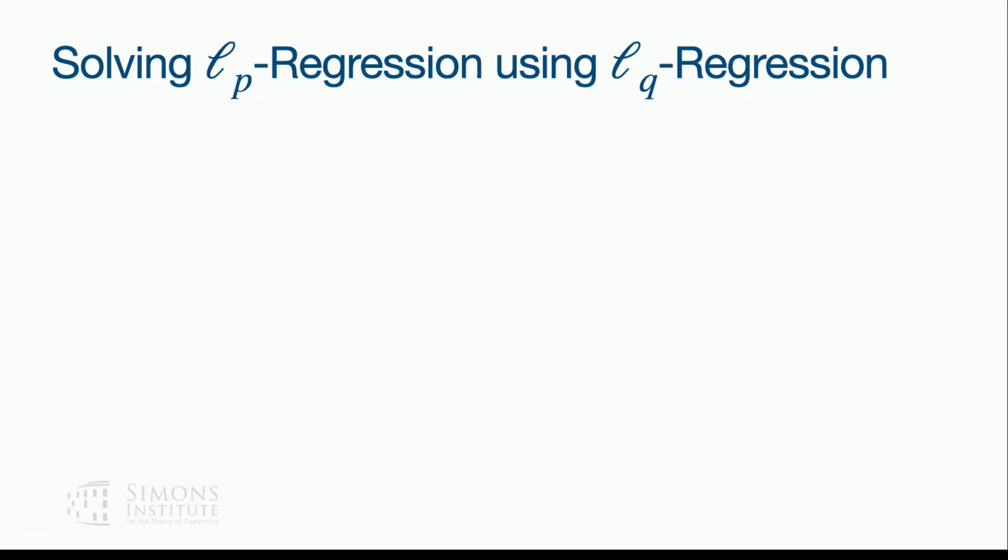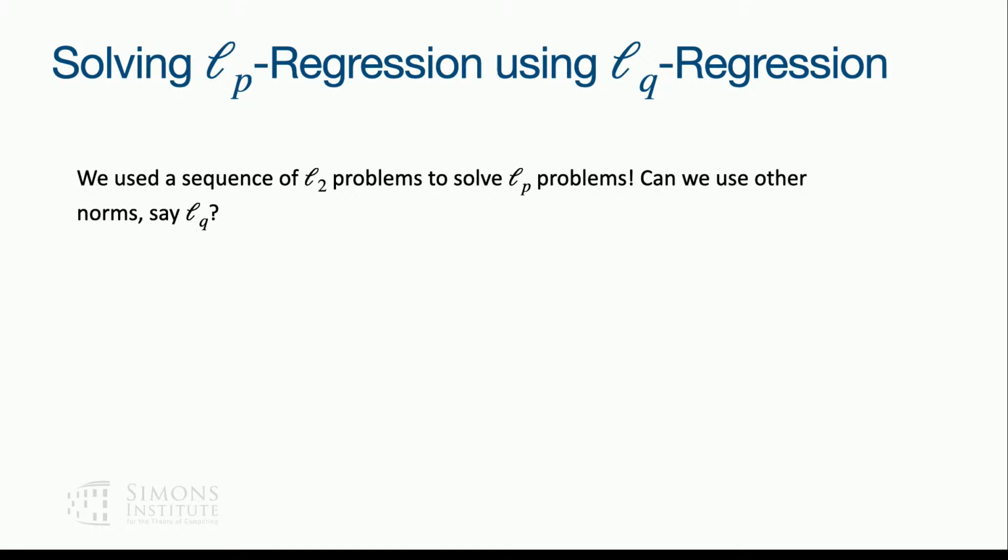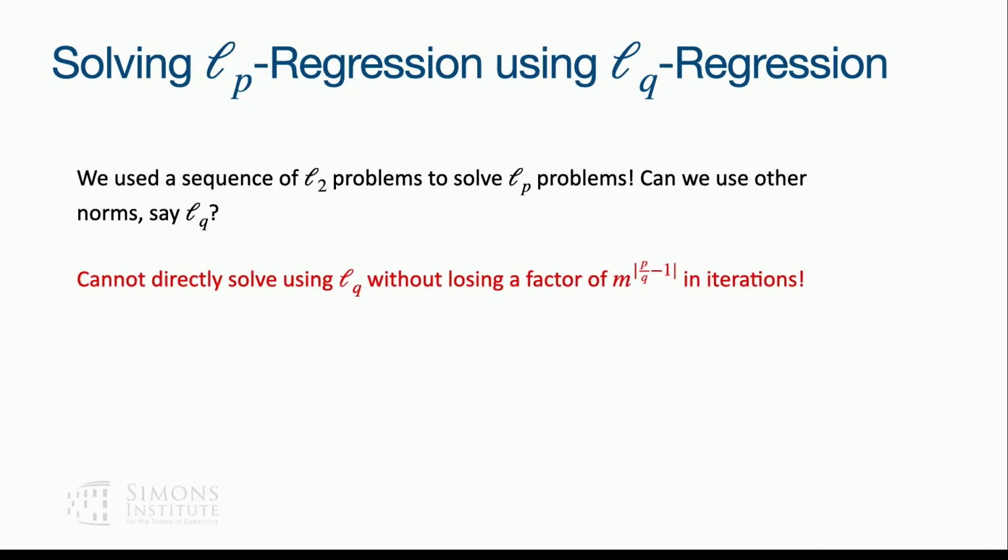classically, if you just have these LP problems, you cannot directly solve these. These give you a factor of m to the p by q, and this is actually large. So if you think of p as 4 and q as log n, oh, sorry, I think the other way around. I want p to be log n and q to be 4. Then this factor is quite large. But